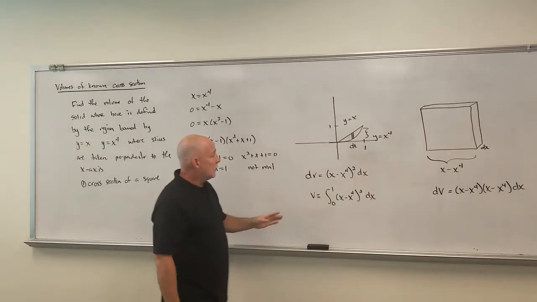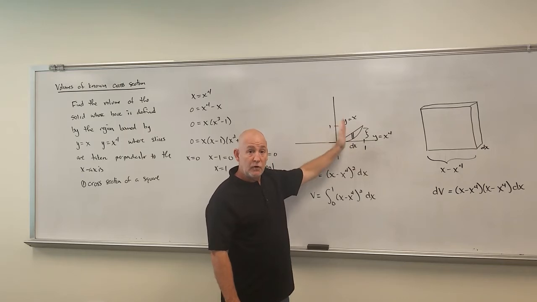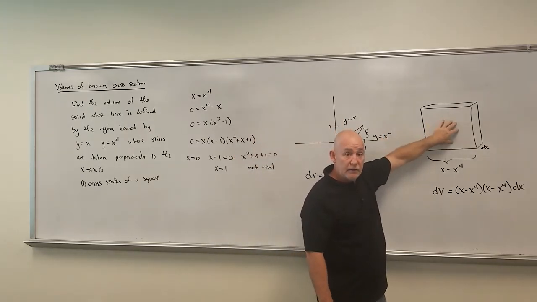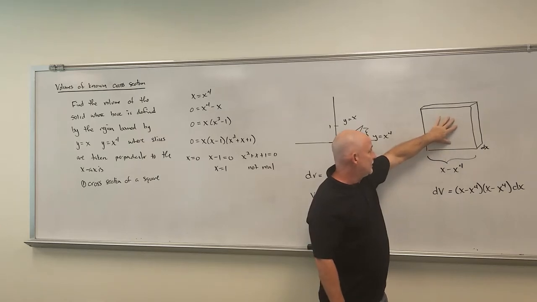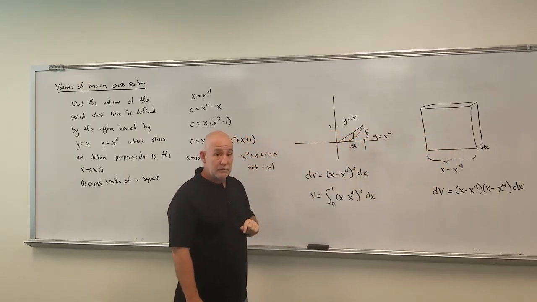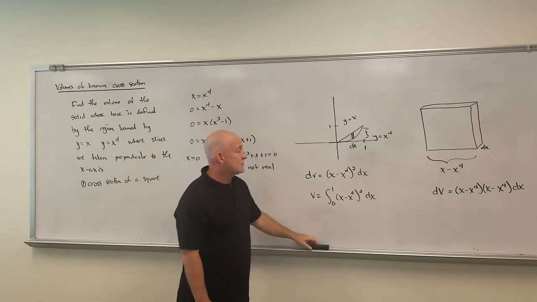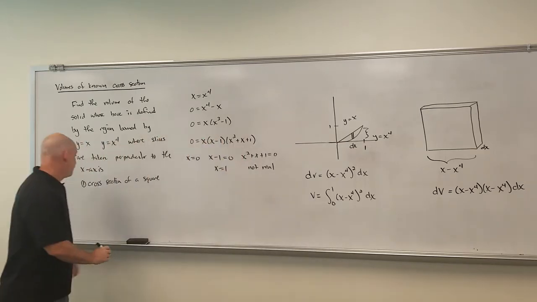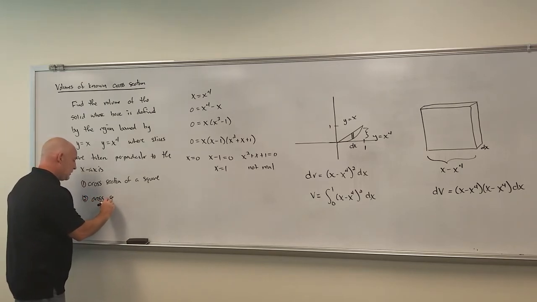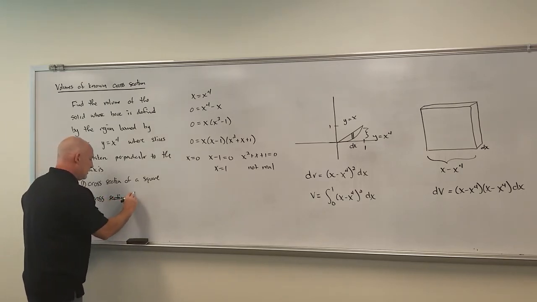So what do you do? You draw your picture just like we did when we did volumes of rotation. Draw the side picture of what the cross-sectional area looks like. Find the area of this little piece and then just integrate in the direction that your representative rectangle goes. So let's try the same thing, let's do cross-section of